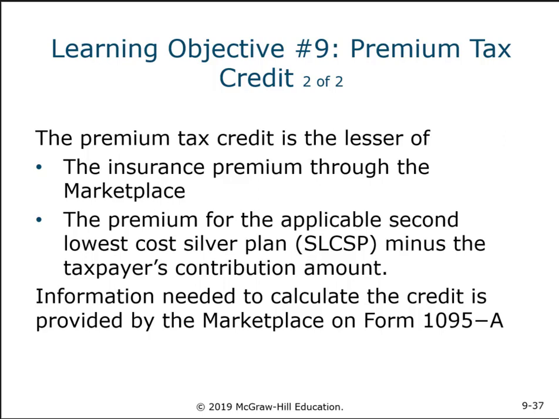Also, the premium for the applicable second lowest silver plan minus what you paid. Okay, that is calculated, and then basically, if the credit's available, some people receive it all along, meaning they go to